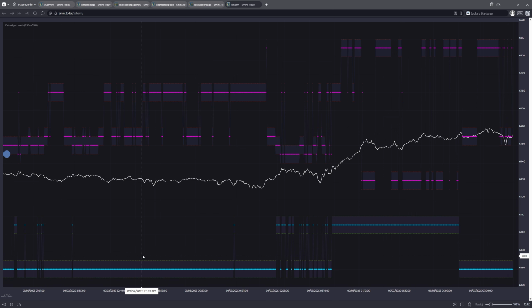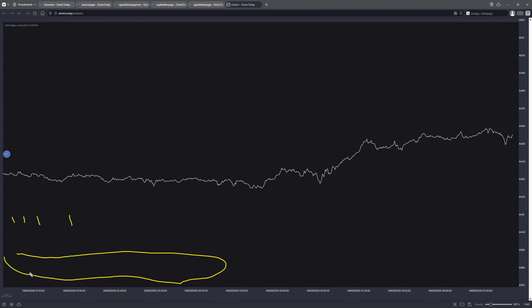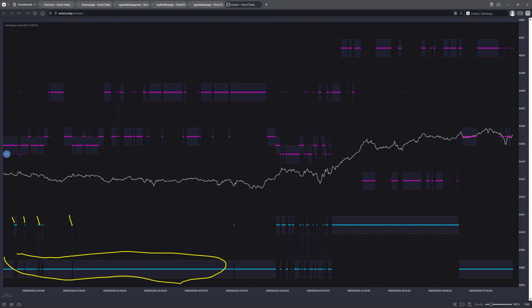So you can see that at this point, the most important support level is this one, because it's the most consistent one. You can see that it's the longest one. We had some here, and here, but this is not relevant. The algo will show it, but it's already cleaned up, so it's easy to see which one is the most relevant support. So if at any point price would drop